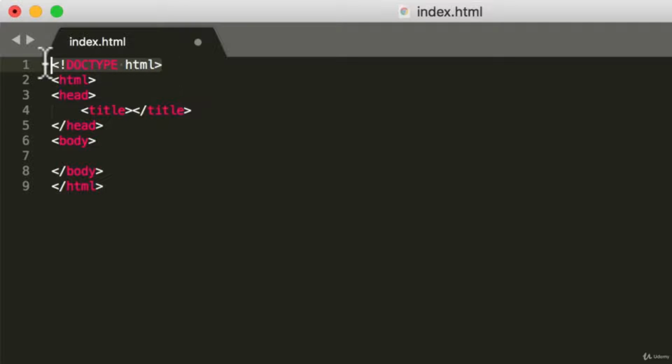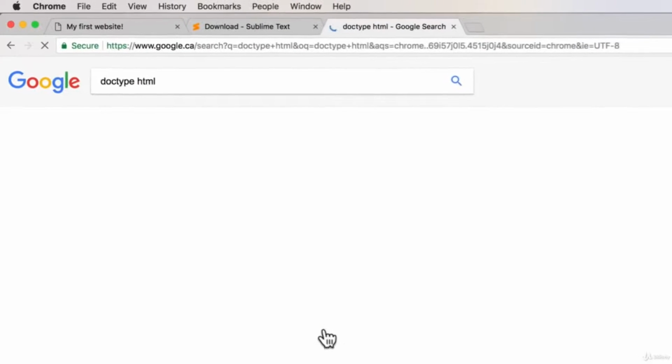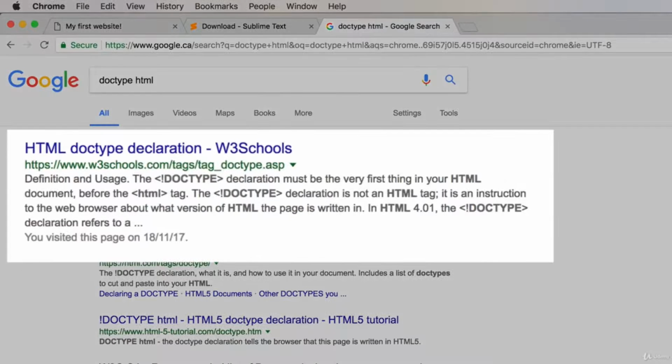So for the doctype, let's say somebody gives me this file and I say, okay, I got this, that's good, but I'm not sure what doctype is. Well, again, we want to get really good at Googling here. I know it sounds silly, but trust me, as a developer, you're going to be Googling a lot and you're going to get really, really good at looking for answers and understanding meanings behind code. So if I go into doctype HTML and we Google that, one of the first things we get is